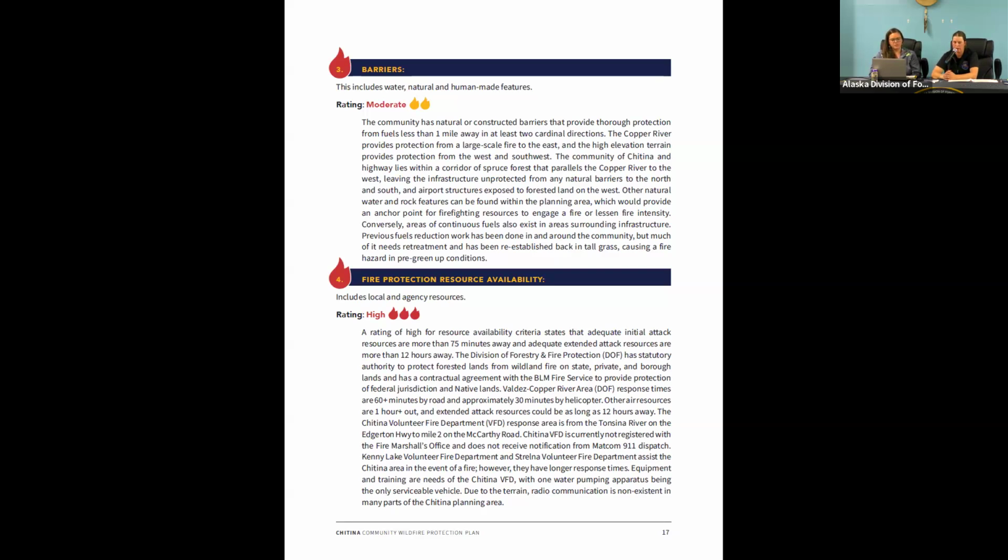And then another consideration too, is that maybe the Chitina Traditional Native Council would want to look into grants as well for things like water wagons with pump pressurized water and that sort of thing, so that there's some sort of resources available to suppress a fire while it's still small.